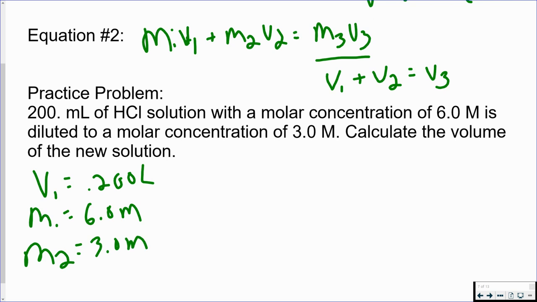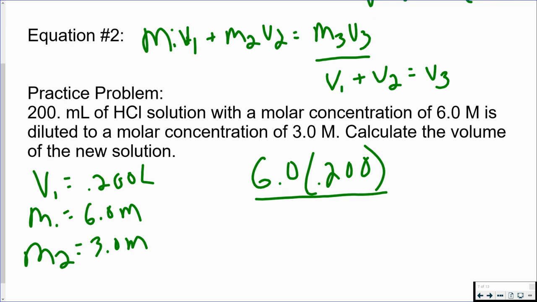So what's going to be our new volume? Well, if we put 6.0 times 0.200, remember, all you have to do is just divide it. So the new one is 3.0. We're going to be able to find V2. Divide it up, and you should get 0.400 liters. Or, if you wanted to put it back into milliliters, it would be 400